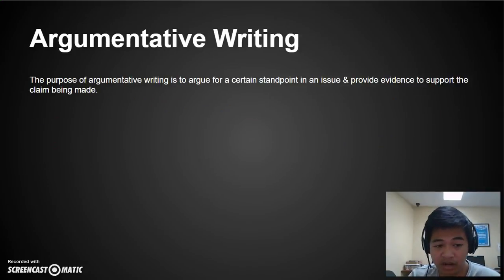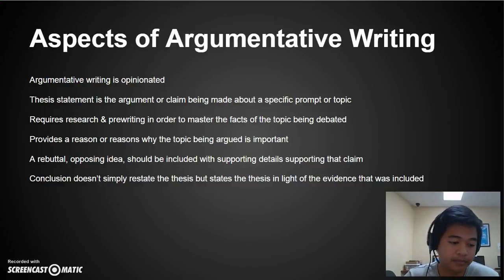Now the last writing we're going to go over is argumentative writing, and the purpose of argumentative writing is to provide an argument or provide a statement on a certain topic. Now, aspects of argumentative writing. Argumentative writing is opinionated. Provide as much opinion as possible. You want to make the other person or reader feel like your argument is correct, or at least better than